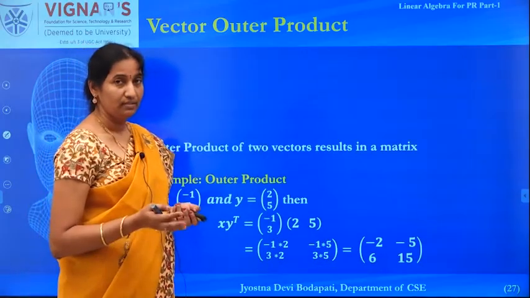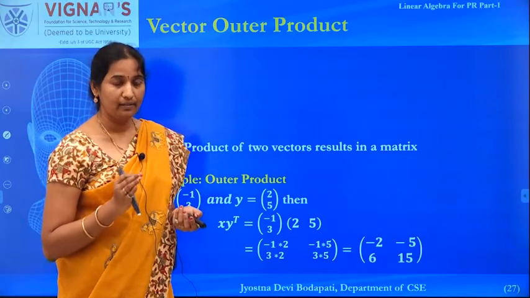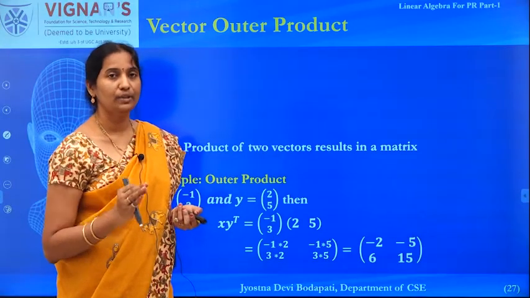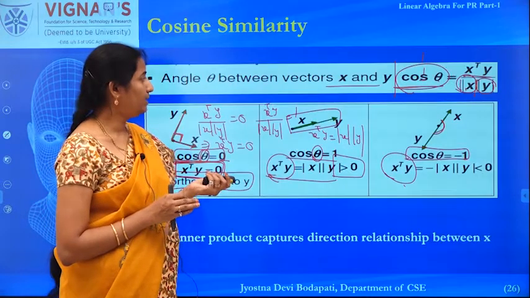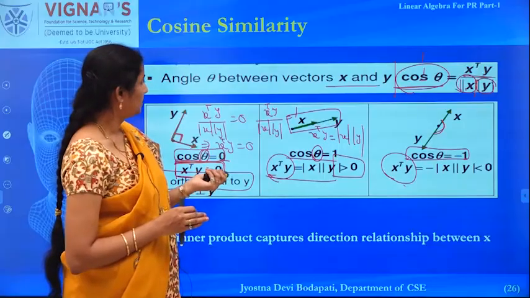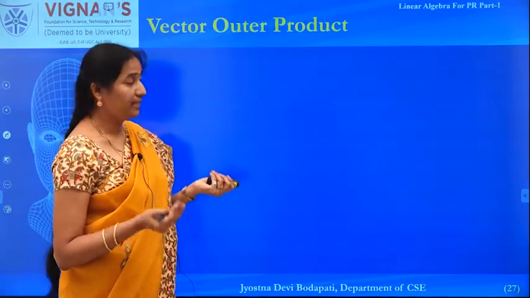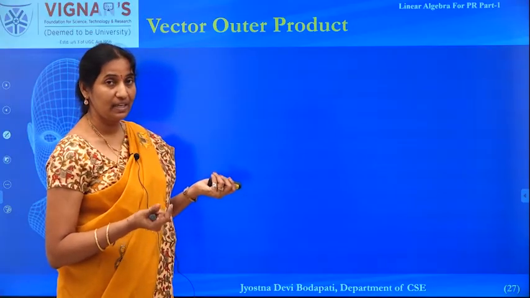Now we have seen the product of vectors. As I already explained, vectors can be multiplied in two different ways. Whatever we have seen is the inner product of the vectors. You are just applying the product of two vectors and you are getting a scalar. In that case that is called the inner product.